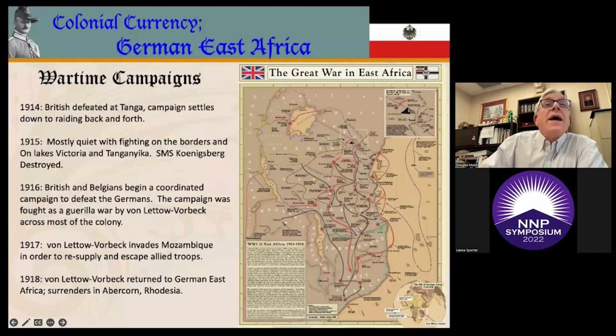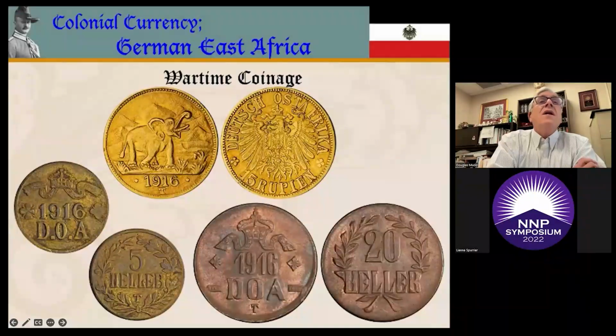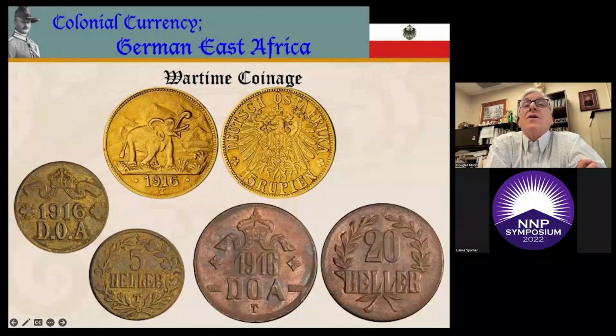Now we'll go on and look at some of the wartime coinage. Salvaging parts from the scuttled light cruiser Königsberg, which had ended up in German East Africa at the start of the war, and the wrecks of several blockade runners, the Germans produced a crude coin press in 1916. This press was set up in Tabora, which, due to the threat of the impending British occupation of Dar es Salaam, which was occupied by the end of 1916, was fast becoming the administrative capital of German East Africa.